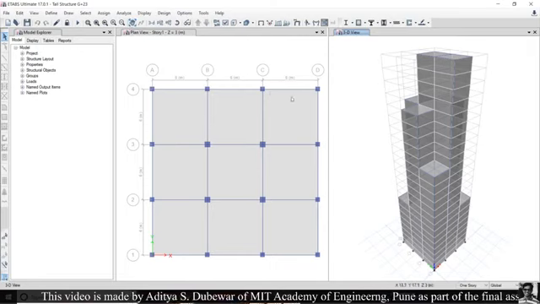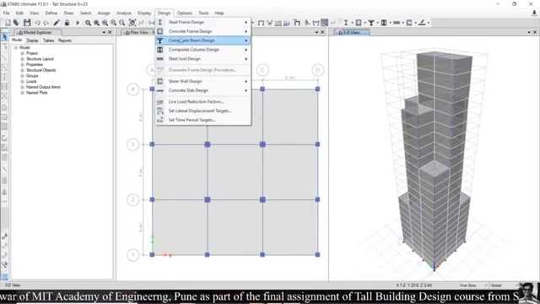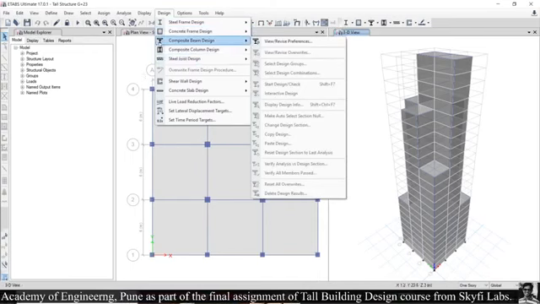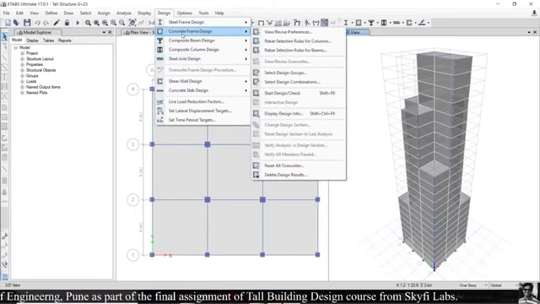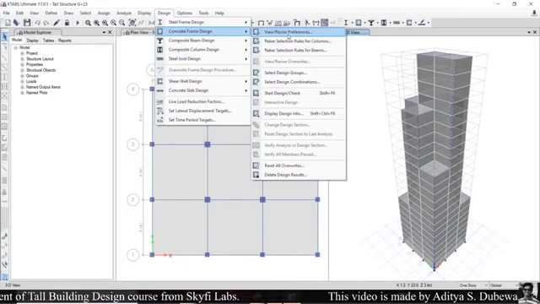After analyzing, our model is ready for designing. For designing, click on the design tab. As we are designing the concrete frame structure, select the concrete frame design. Before starting the design of the building, set the preferences.